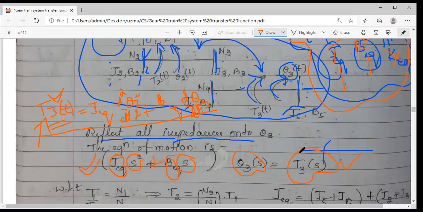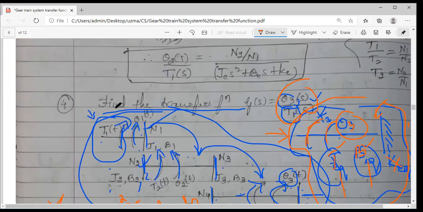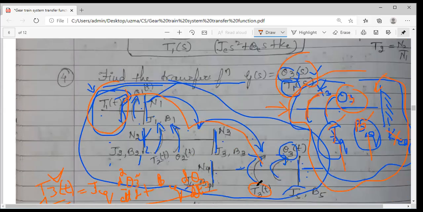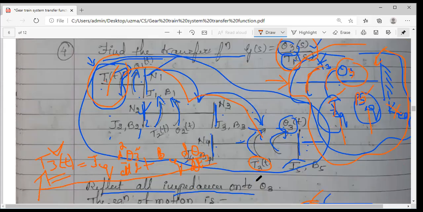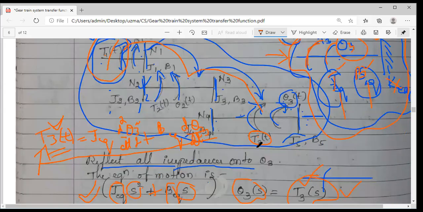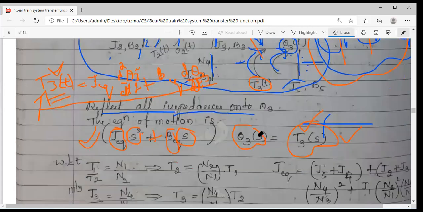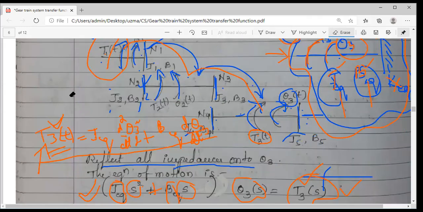From this, you can find easily the transfer function. But as I told you, I don't want T3. I want it in terms of T1 because the applied torque is on shaft 1. So when it is transferred from here to here, T3 will not remain the same. So I have to express T3 in terms of T1, because of this torque only this is getting developed. Remember, so I have to get the relationship between them. The only left out part is to express T3 in terms of T1 and just take the ratio of theta 3 by T1. If we do that it will be done. That's it. Okay.